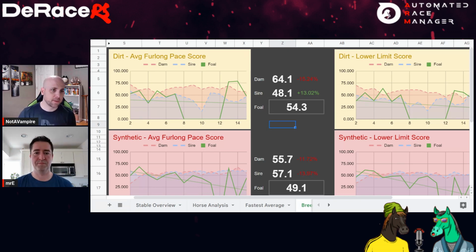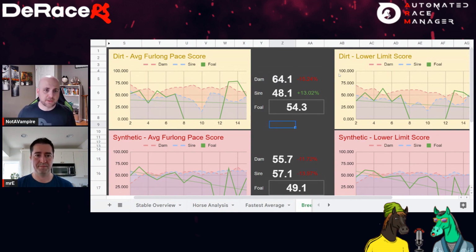or your own stable, if you have access to these horses and you're planning on breeding them multiple times, the goal should be to decimate the parents. So that line that we're talking about, that's showing here, the goal is that the foal will be able to dominate both parents, preferably on both the average and the lower limit, because you want to make sure that that